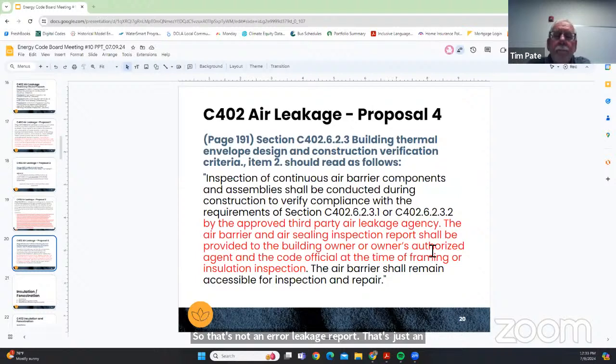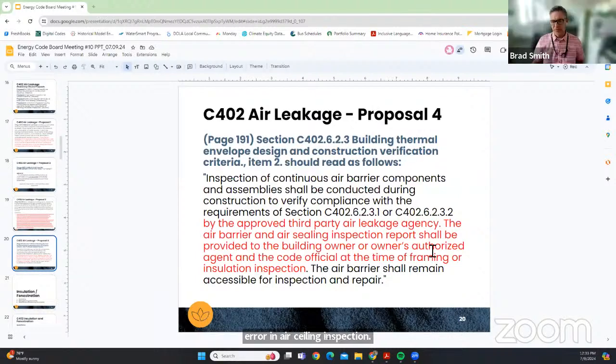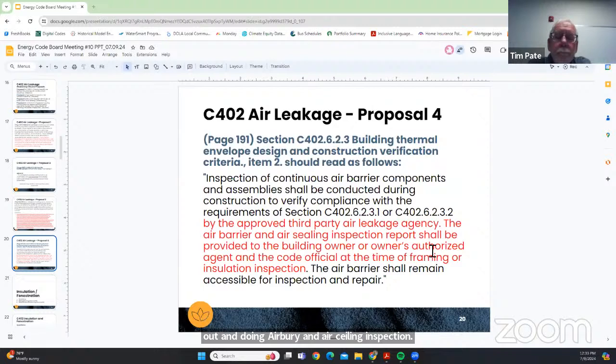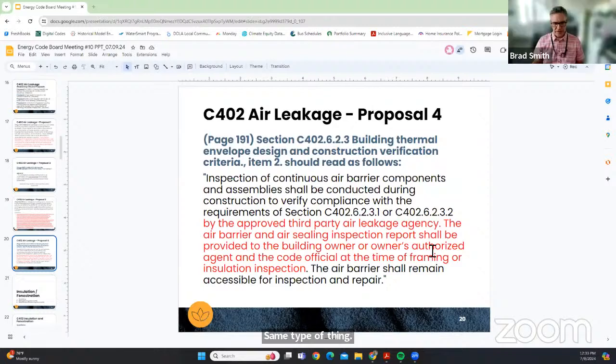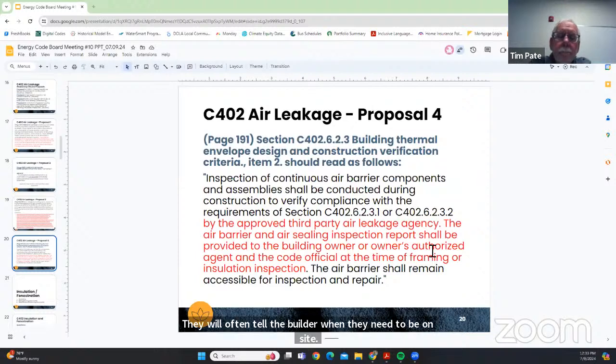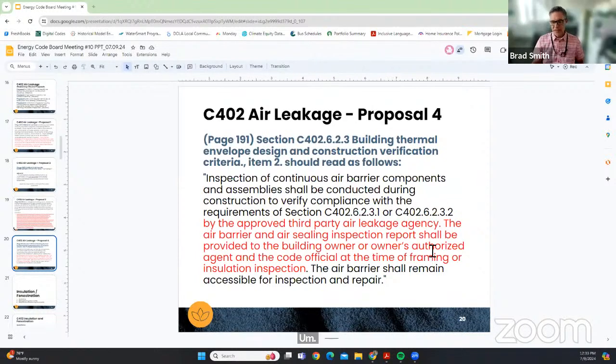Similar to what a HERS rater would do on the residential side. Typically they're getting called in at rough and going out and doing an air barrier and air sealing inspection. Same type of thing. When you have an air leakage test firm contracted early on in the project, they will dictate a schedule. They will often tell the builder when they need to be on site and view some of those air barrier and air sealing details.